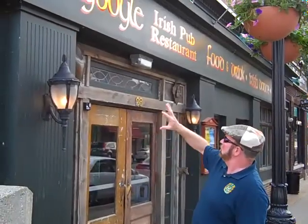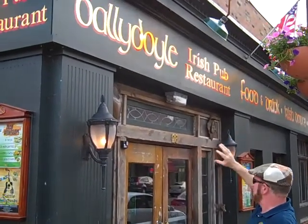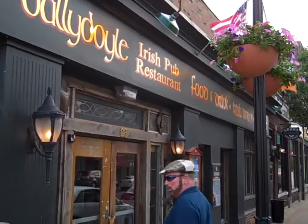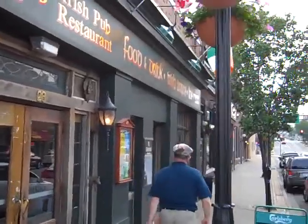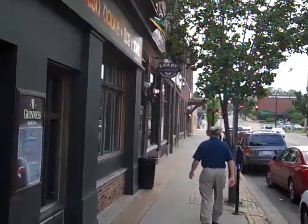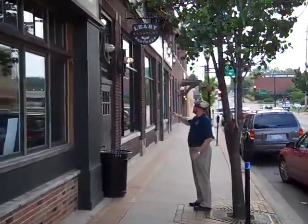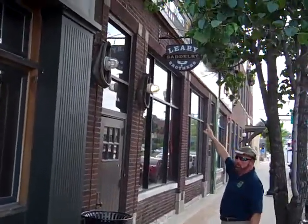So this Ballydoyle looks very similar to the other two Ballydoyles in that we have a consistent green Irish pub look that talks about Ballydoyle Irish Pub and Restaurant. And then we have the different facades down here that come with each other. Down in this section we've got Leary's Saddlery,